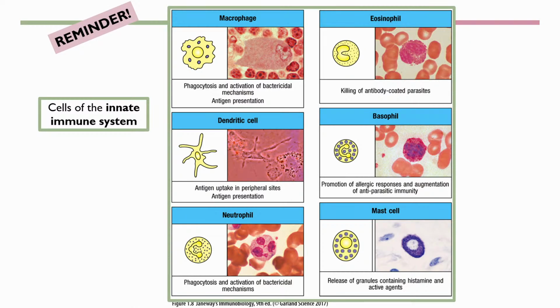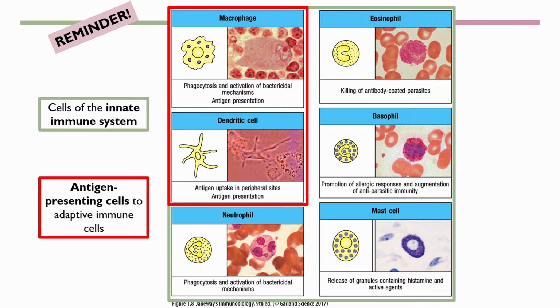So just to remind you, the cells of the innate immune system, we've talked about a lot of these, short of a few, like NK cells, but macrophages, eosinophils, basophils, mast cells, neutrophils, dendritic cells, these are all cells of the innate immune system. And the antigen-presenting cells that present to the adaptive immune cells are these two that we talked about, macrophages and dendritic cells. So just as a reminder,